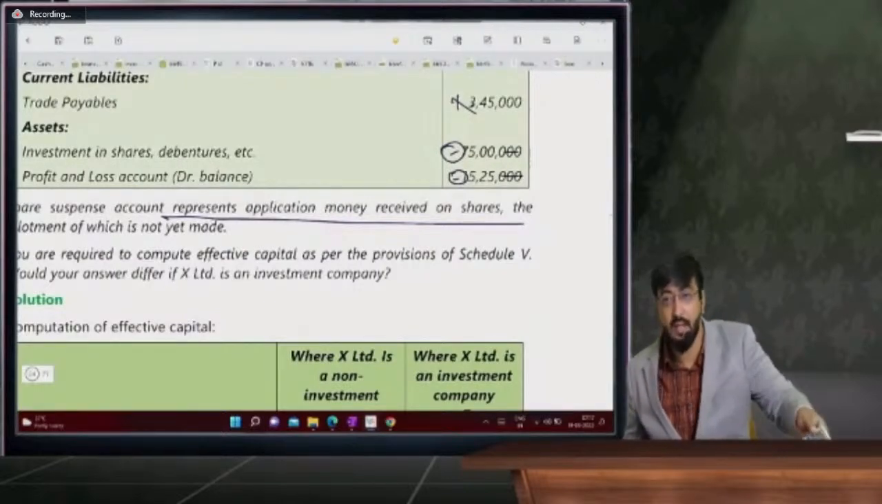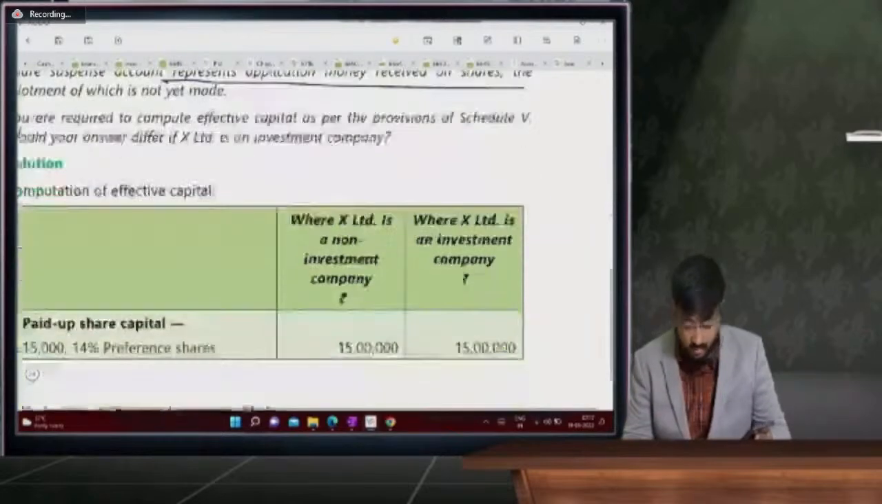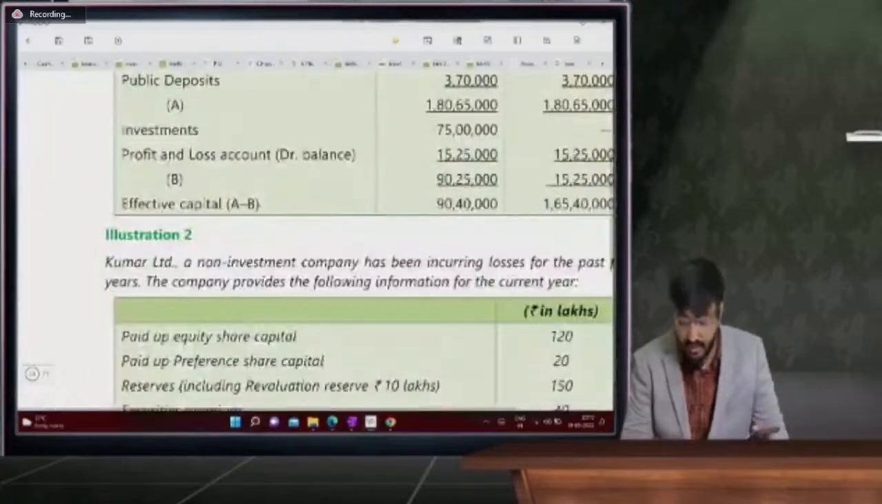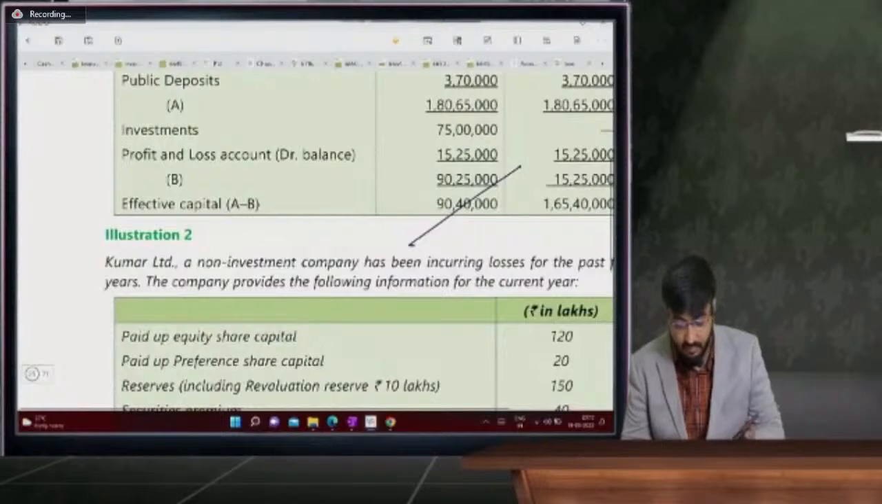90,40,000. I'm getting the answer. It's correct, beta. 90,40,000. Let's check the answer. Yes, it is correct. And if investment is not deducted,